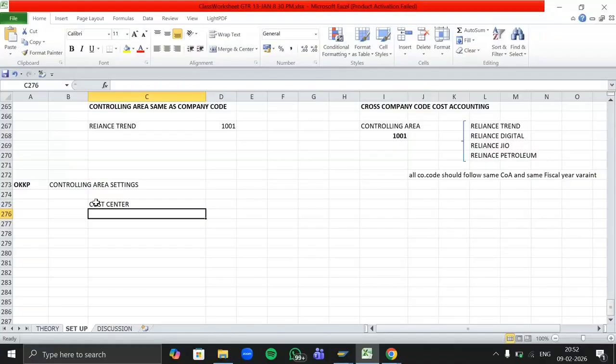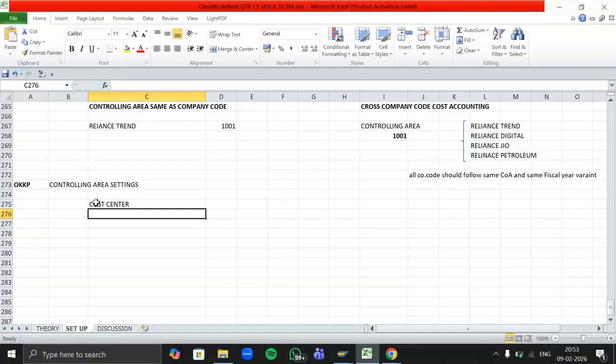Under the controlling module, we have one tool which is specifically used to track your company's cost. Controlling is a tool which is used to track and control the cost for any specific departments, for any specific projects, for any specific location, but that is within our company only.